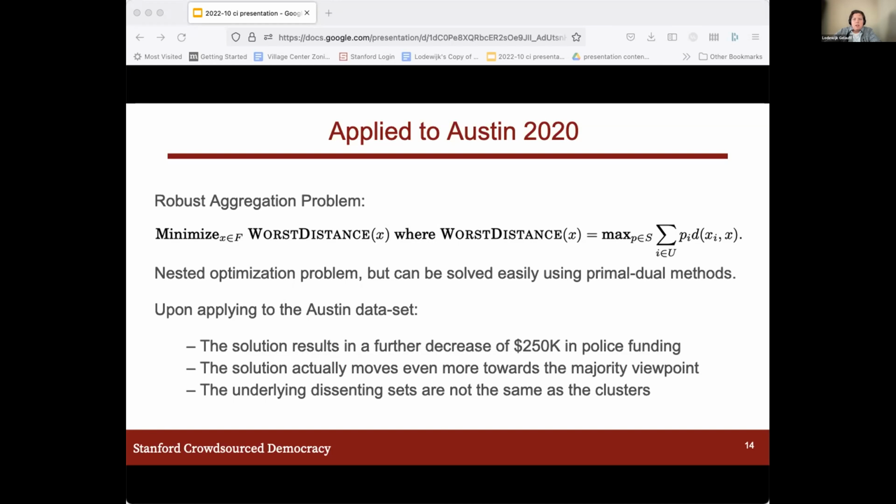When we apply this to the Austin data, we actually see that a robust solution results in a further degree of reducing police funding. A small majority of the people that would be upweighted would indeed belong to cluster 0, which we identified before. Cluster 0 being the people who are most in favor of cutting the police funding in Austin. These are probably the people that chose the maximum, or almost the maximum, decrease in police funding permitted, which we capped at 5% in our survey. Different choices of alpha and beta gave a qualitatively similar result.